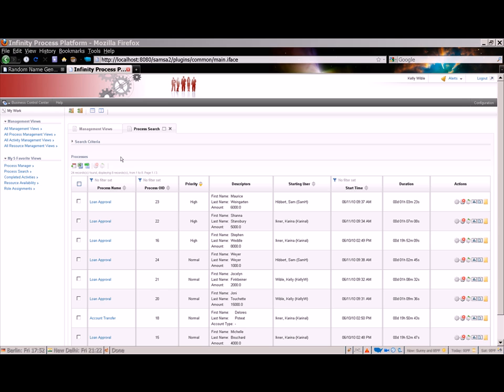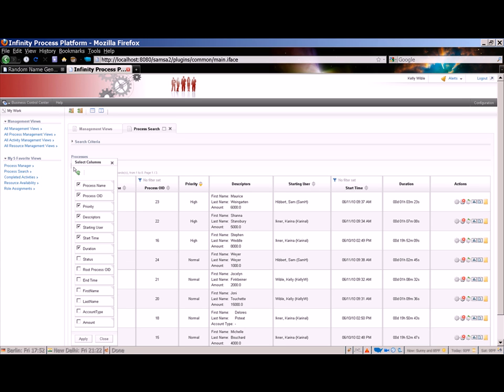Okay, so now let's customize the table columns. To do this, we'll click the column selector icon in the toolbar. This dialog allows me to select the columns to display in the table and to reorder them to suit my own preference. As mentioned earlier, the descriptors can be shown in a single column, or they can each be shown separately. I want to configure the table to hide the descriptors column and show the first name and last name in separate columns. So to do this,